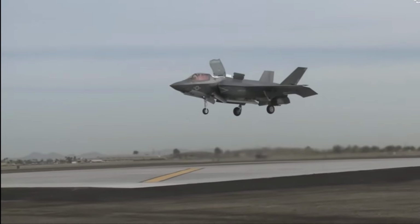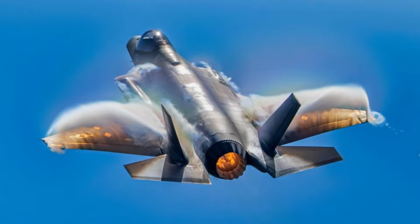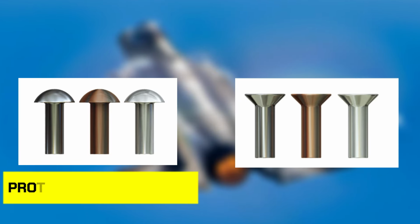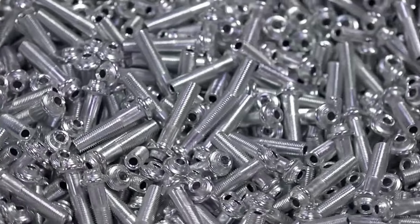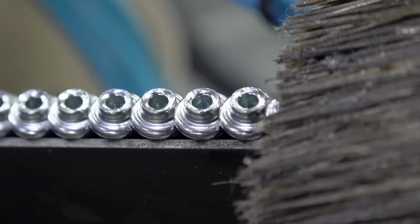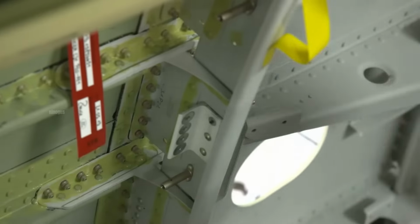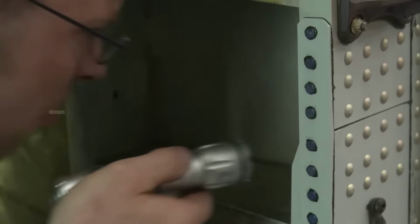Some may argue, if fighter jets have hundreds of thousands of protruding rivets, wouldn't that increase aerodynamic drag? In reality, the rivet system on fighter jets is divided into two main groups: protruding head rivets and flush rivets. Protruding head rivets include types such as semi-spherical head, flat head, truncated cone head, or plain flat head. These are mainly used in interior positions or areas with low aerodynamic requirements, where mechanical strength is prioritized over drag